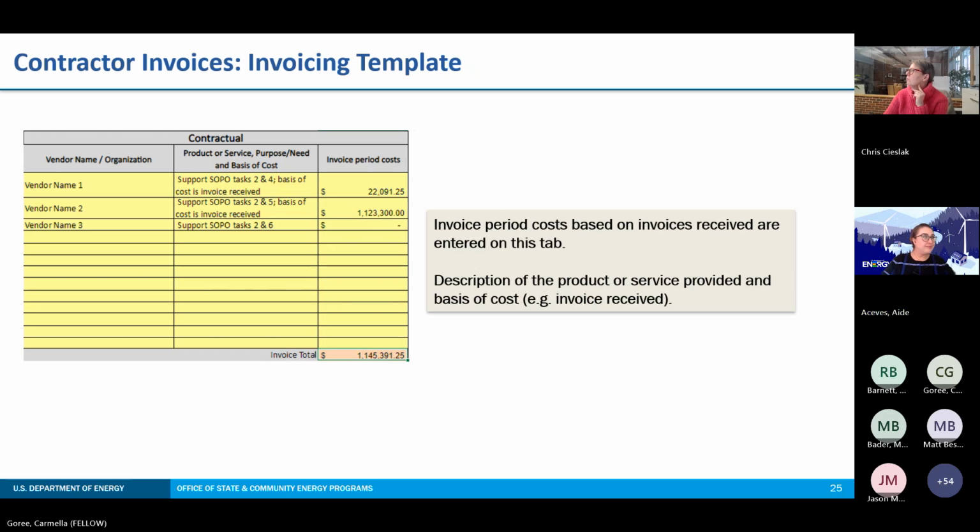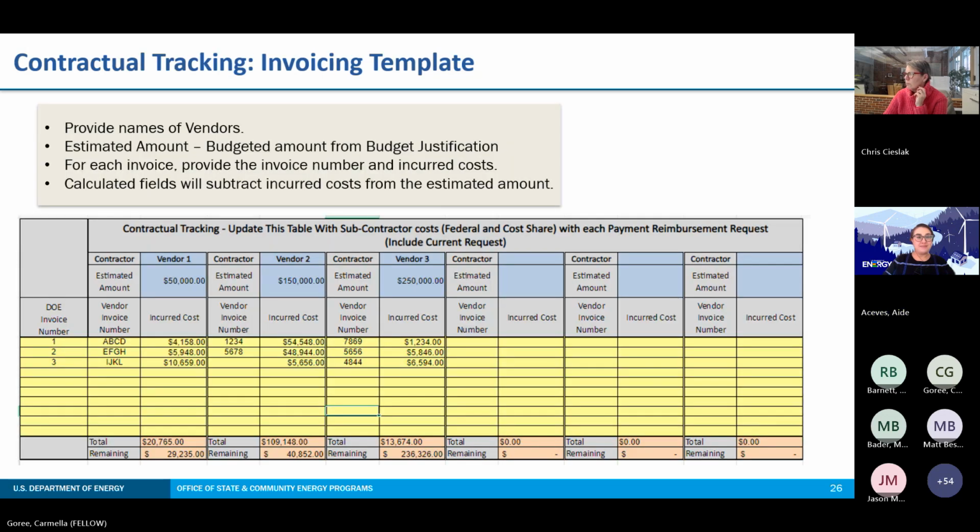Next slide, please. All right, so this new tab, so the contractual tracking tab, this is a companion to the contractual tab in the invoicing template. So to help track contractual costs per vendor, total cost per vendor will be entered on this tab.